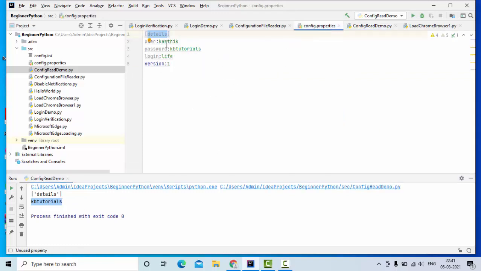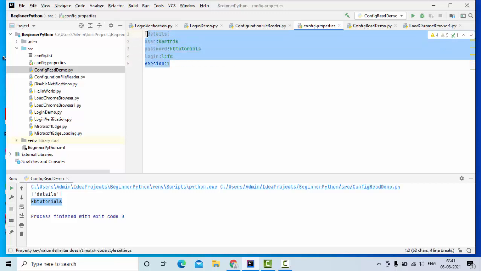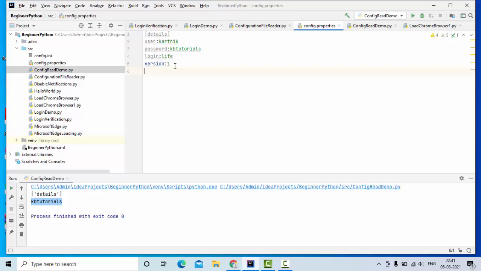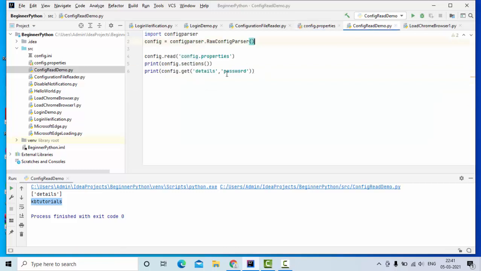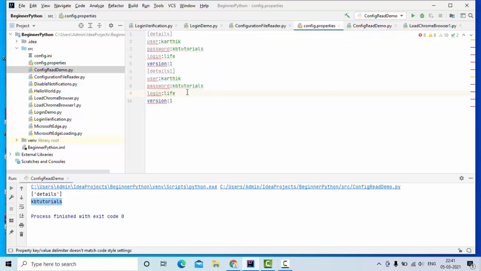Now why are we passing this section? Let me try to show you. I am adding another section, something like this.